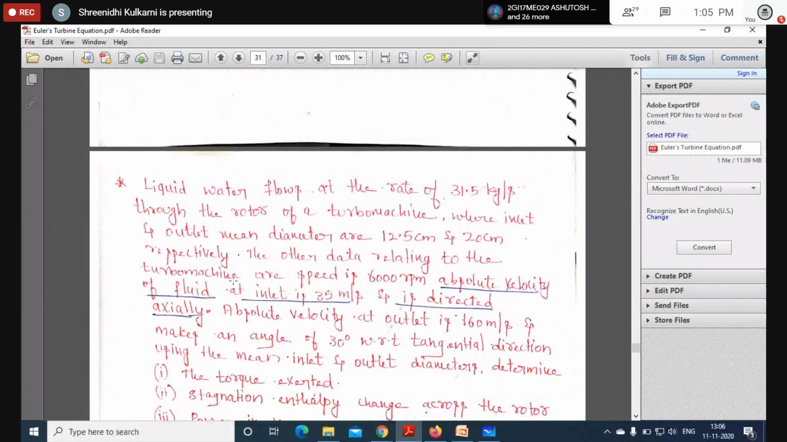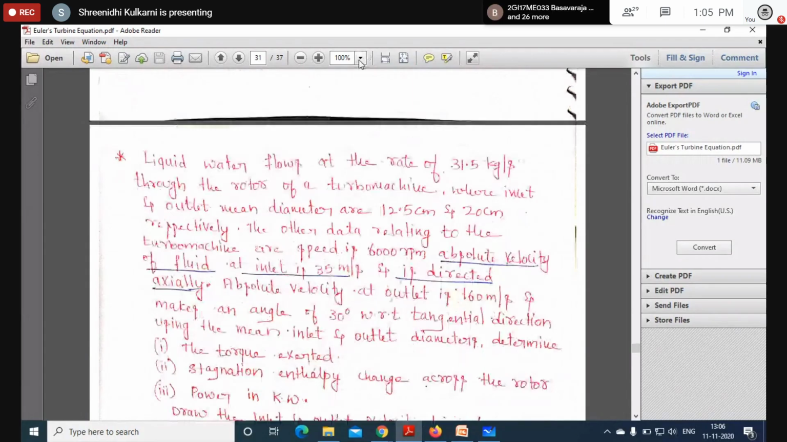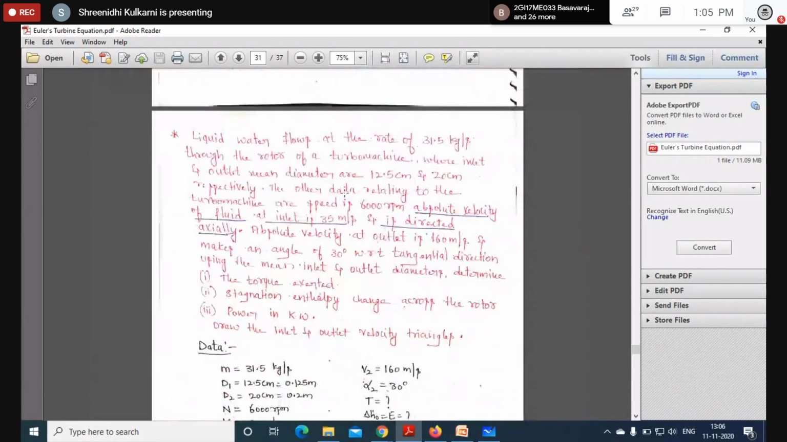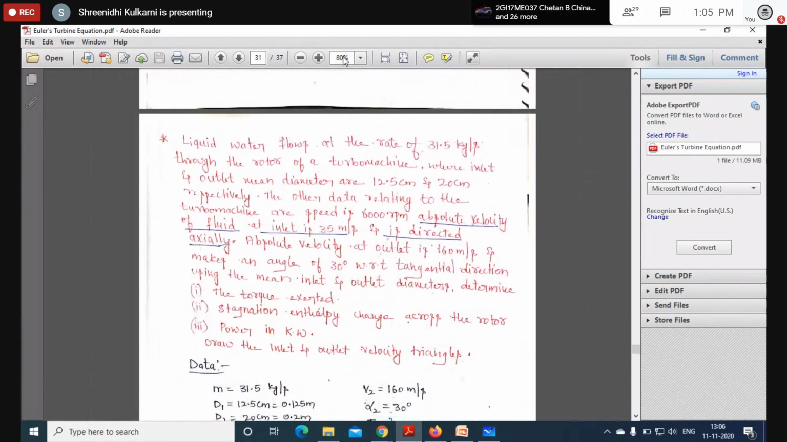Please note down this problem. Liquid water flows at the rate of 31.5 kg per second through the rotor of a turbo machine,